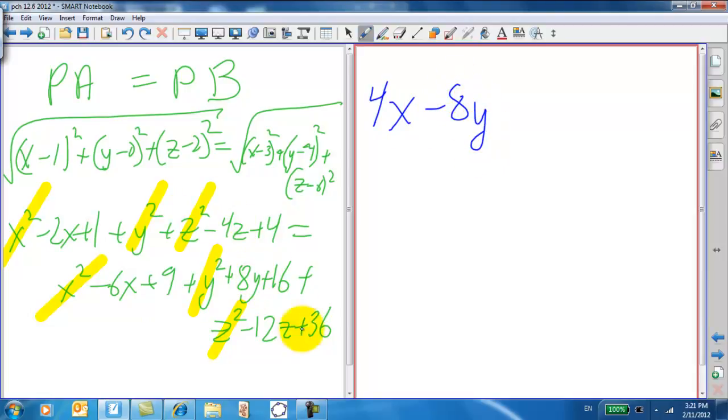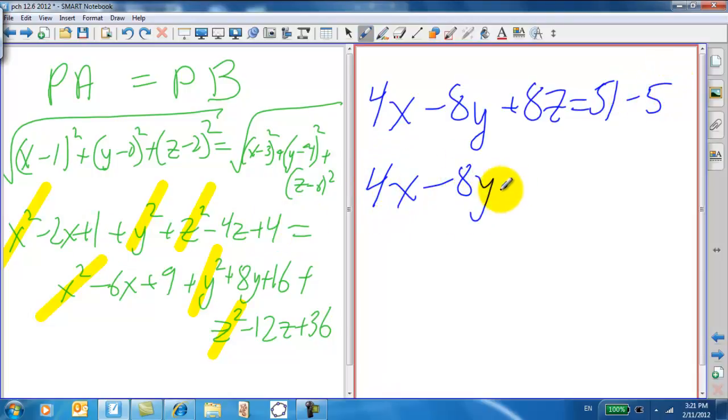A minus 4z here and a minus 12z, so it's going to be plus 8z equals, and now the whole right side is 9 and 16 and 36. That's 25 and 36 is 51, minus the stuff we have from over here, which is 1 and 4, so minus 5. So 4x minus 8y plus 8z equals